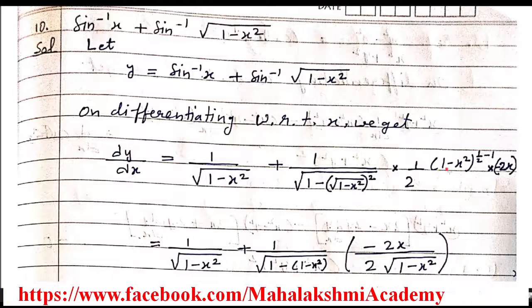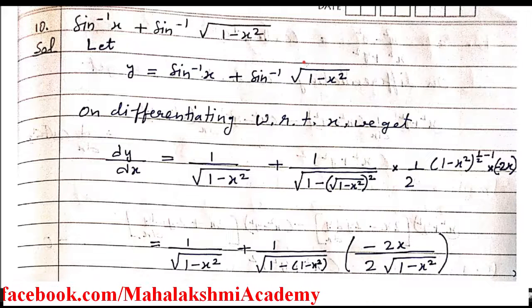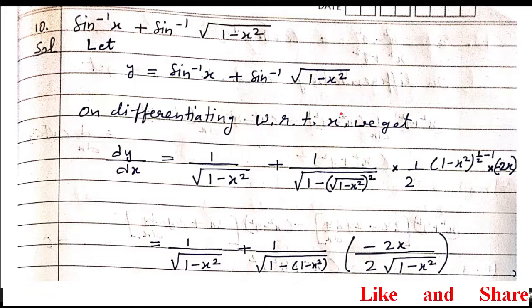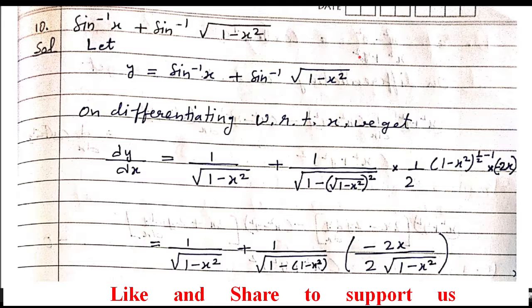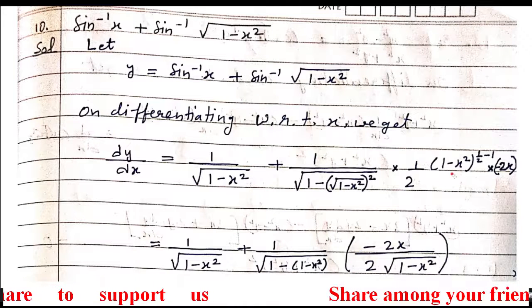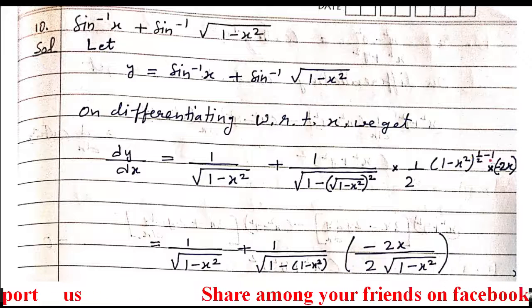Again I am explaining how I obtain this step. We have to use the chain rule to differentiate this term. So we'll write this root symbol in the form of power. We can imagine that it is 1 minus x square power half. So x to the power n, what is n here? Half. That's why half, then the complete bracket, half minus 1.